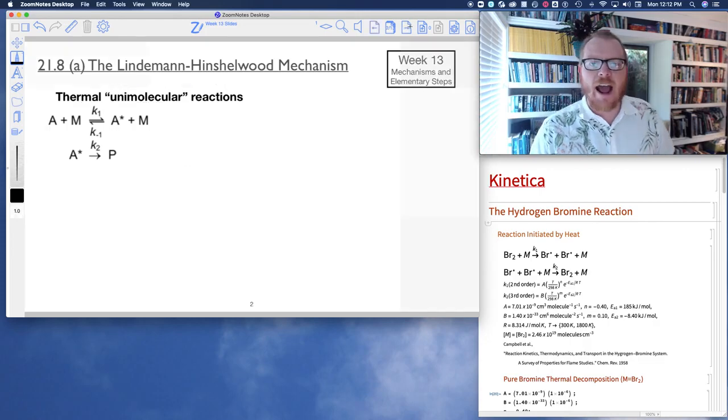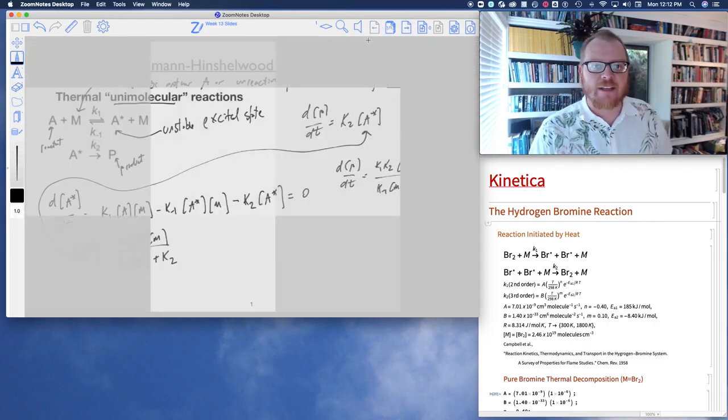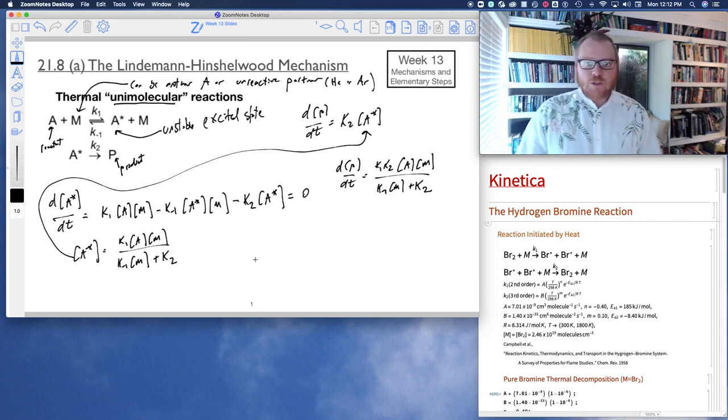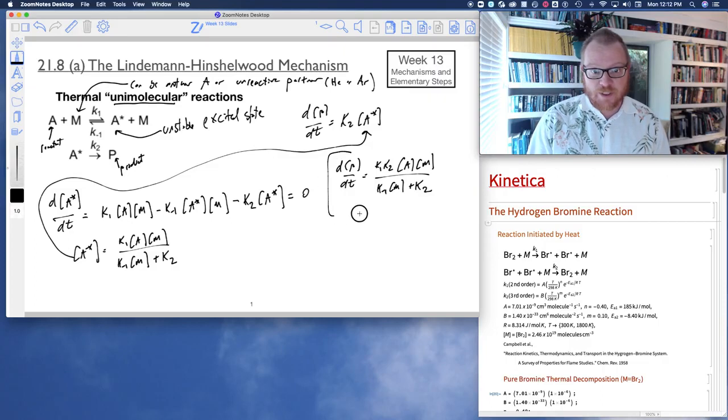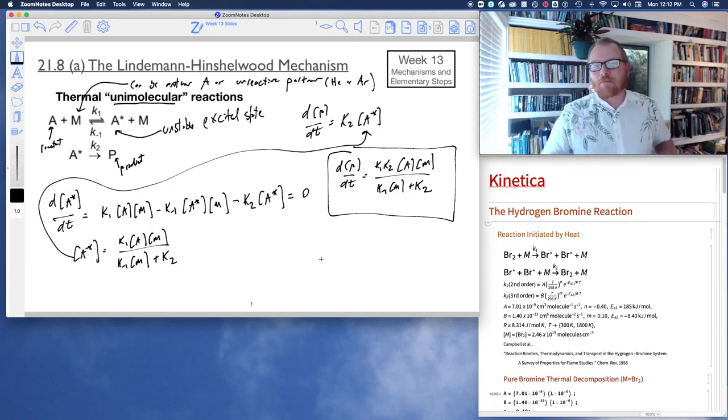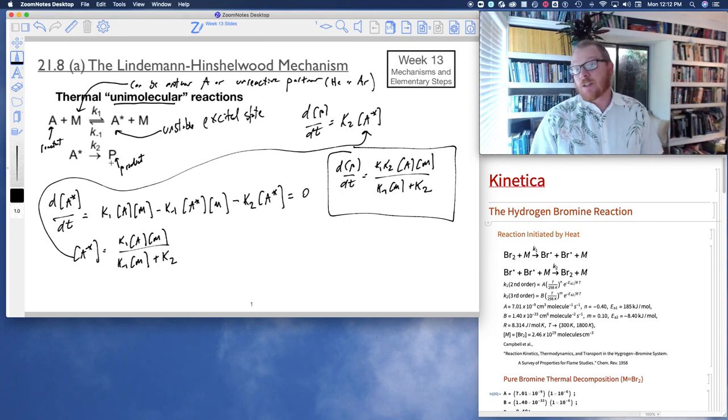Let me see what I have on the next slide here. Yes, I gave myself plenty of room to keep talking about this. Now when we look at this product formation, I'm going to put this in a box right here. It's not apparent if this is a first order reaction or a second order reaction, if what we're really interested in is the rate of this product formation for a thermal decomposition of something,